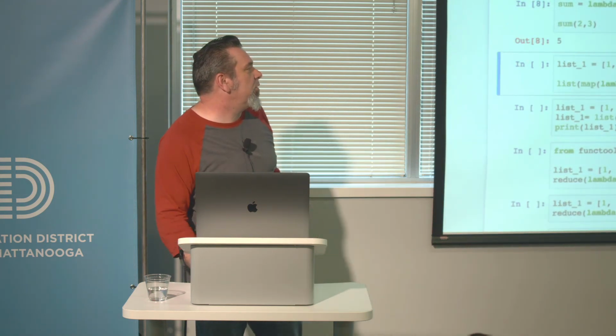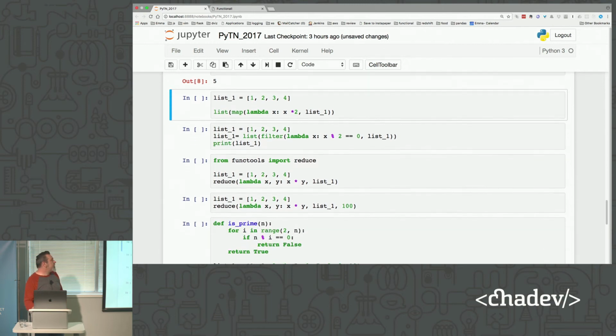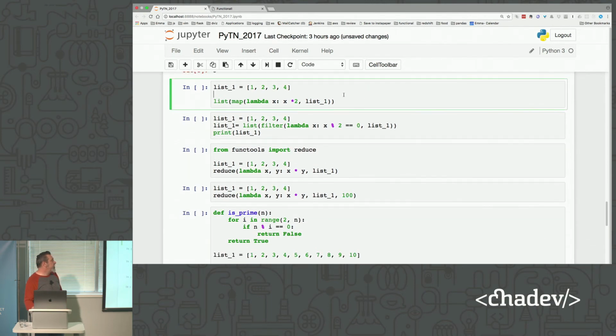So there we go. We assign sum, then we can call sum just like any other function, right? We pass it its variables. You end up using lambdas a lot when you do things inside map, filter, and reduce. In Python, map and filter both return an iterable, so it doesn't return an actual list. So you can see here, I am actually forcing it to be a list. But that's in Python 3. In Python 2, I don't have that problem. So your mileage may vary also.